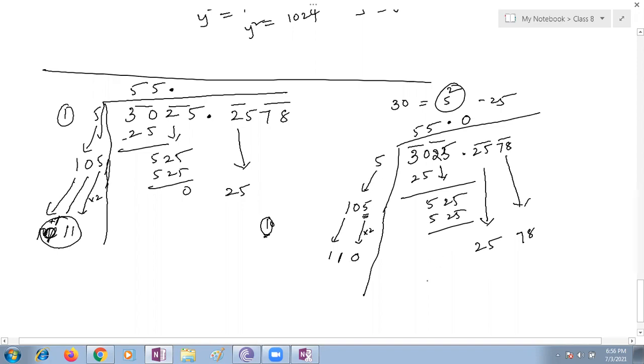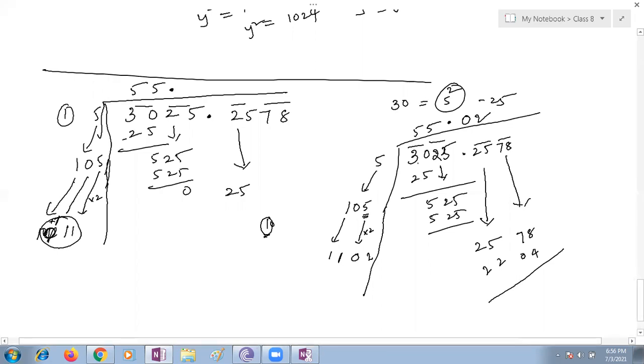What is the next digit you are getting here? Suppose I'm taking 2 here, 2 here, it is 2000, right? 2 2s are 4, 2 2s are 4, 2 zeros are 0, 2 1s are 2, again 2 2s are 4. So here you are taking 2. Whatever the number, you can round up. You can just leave it like that, 55 point. It's not exactly a square number, but approximation will happen. Approximation will happen, but it is supposed to be given as a square number.